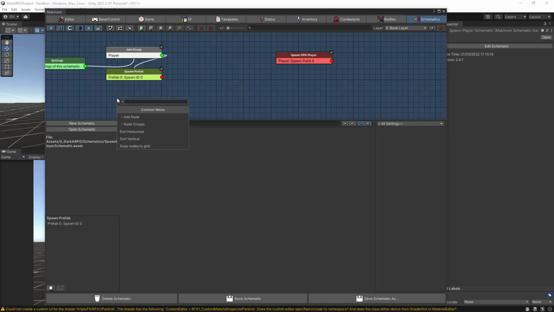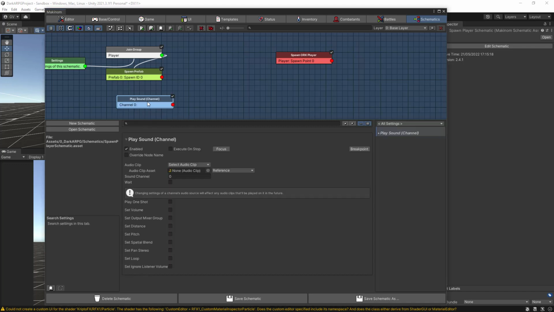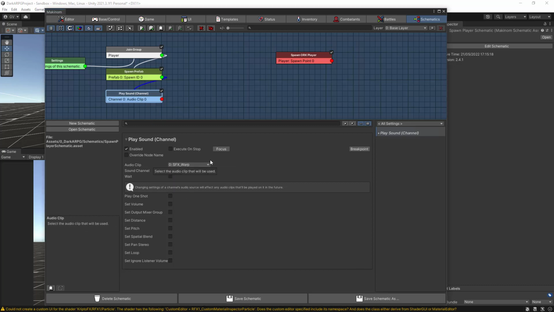So let's add a new node and I start typing play sound, and let's select play sound channel, link the nodes, and in the play sound channel we want to select the SFX warp, or your audio clip is going to be played in the sound channel 0, and when the play sound starts we want to set the